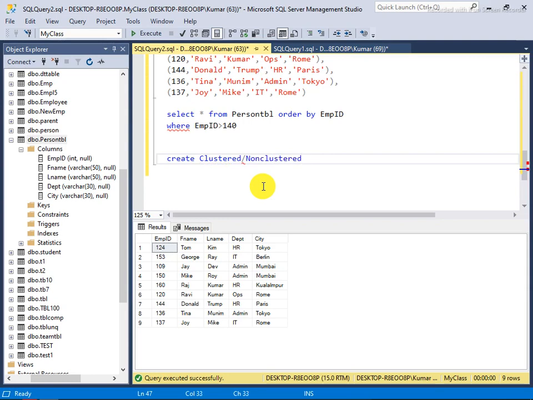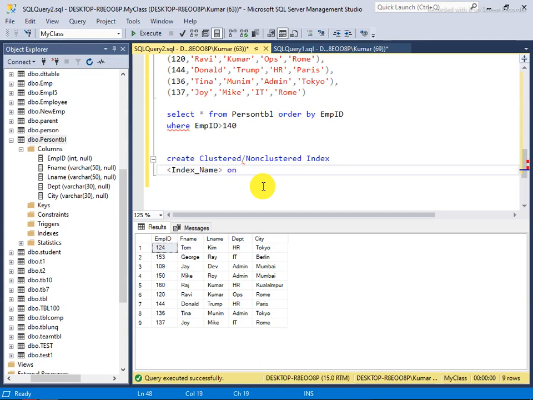again you will say index, and the name of the index, whatever name you want to give. So I say index name on object.